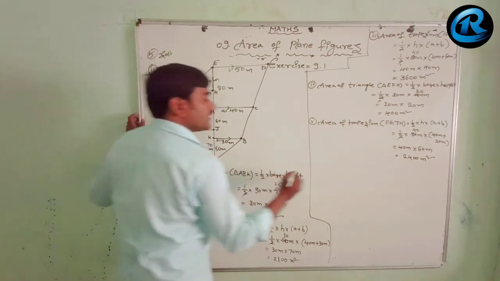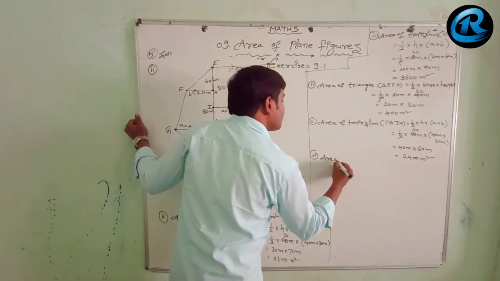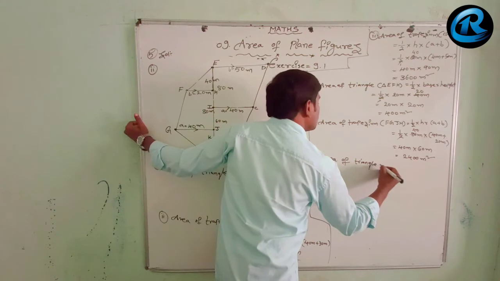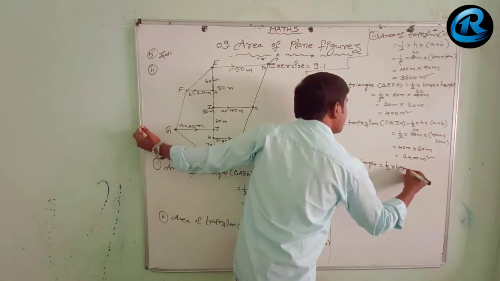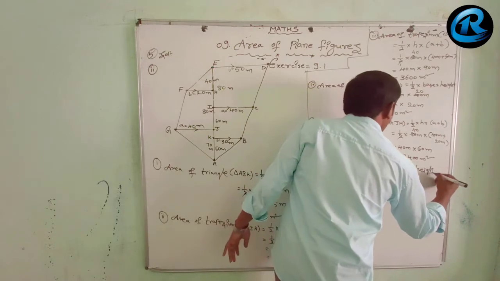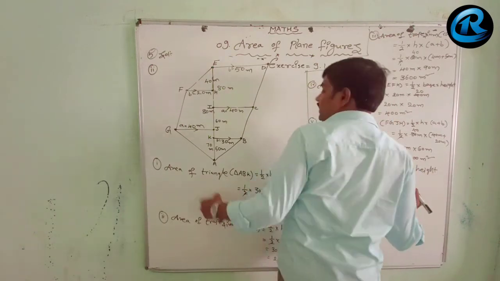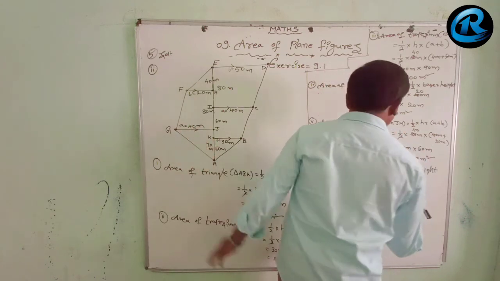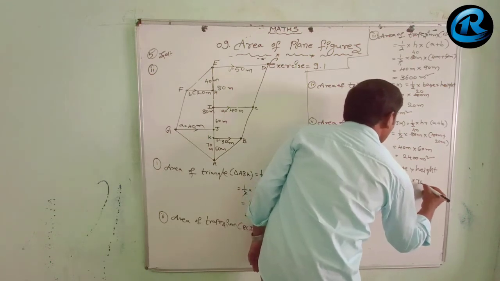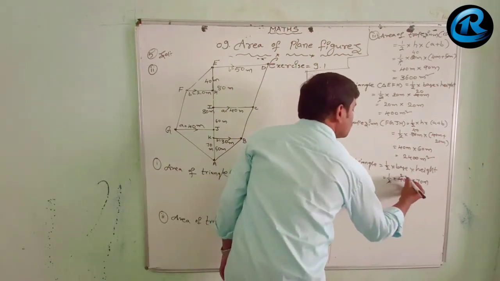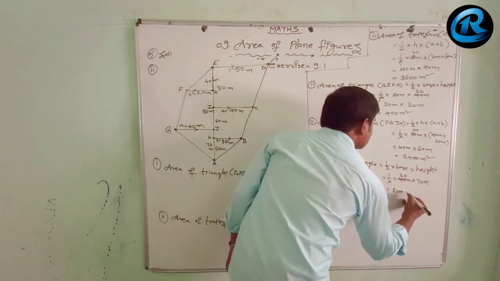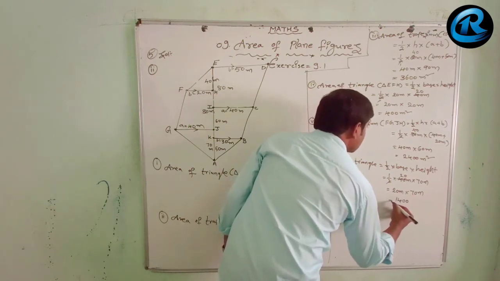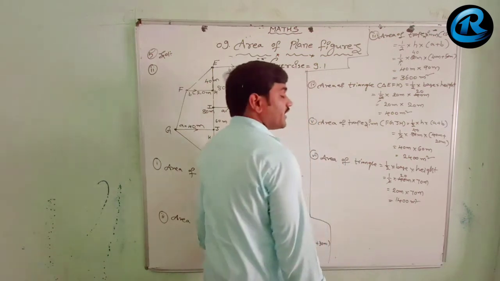Now at last we are going for the last one, that is area of triangle. What is the area of triangle formula? 1 by 2 into base into height. So 1 by 2 into here base is 40. Height is, see that the height is this, that is 70 meters. So base is 40 meters into height is 70 meters. Here 2 ones are 2, 20s are 40. Then 20 meters into 70 meters. 2 sevens are 14. There are 2 zeros, let us write as it is, then that will become 1400 meters square.